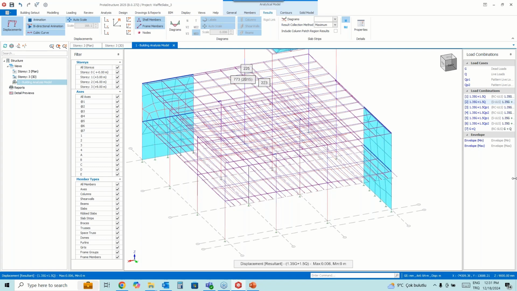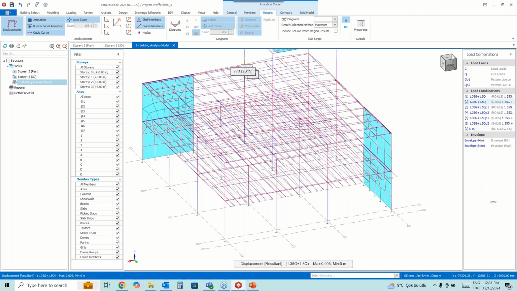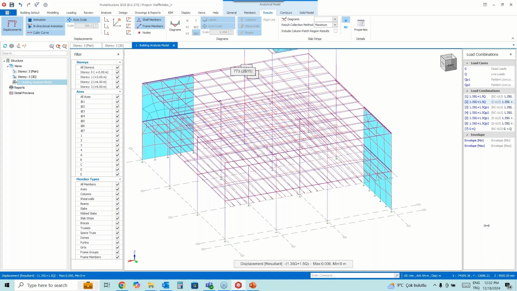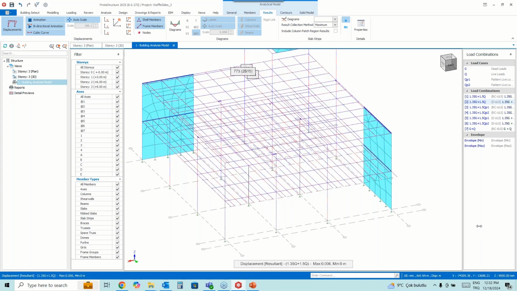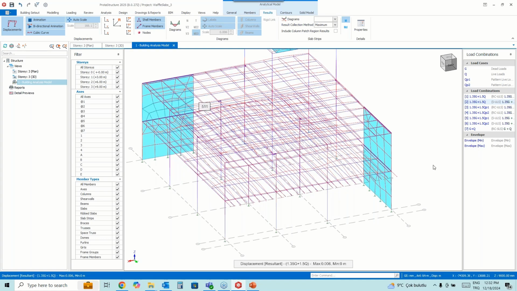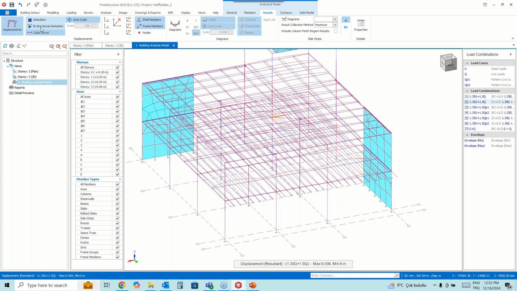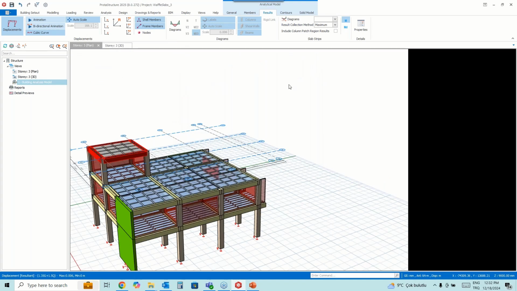If there is a seismic effect, you will see the modes on the right side, and you can see the behavior if you select a mode on the right side. For this model, we haven't used a seismic code, therefore you don't see them. But if you select one, you will see the modes, and you can review the behavior of the structure. Okay, so let's turn off the analysis model.